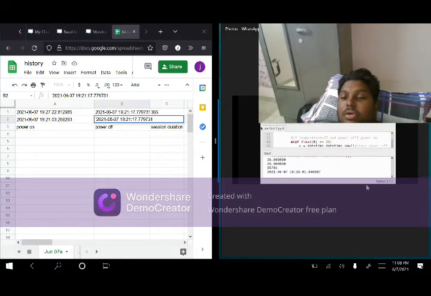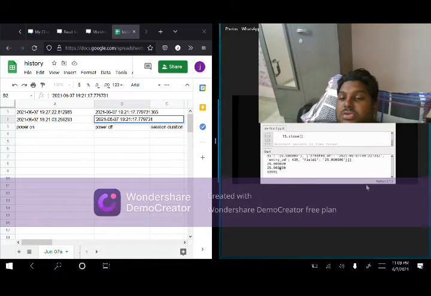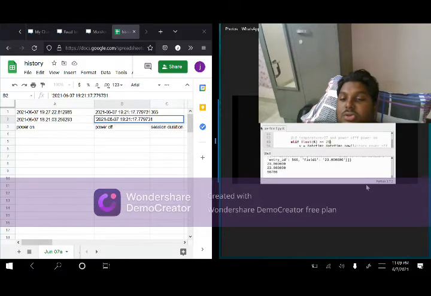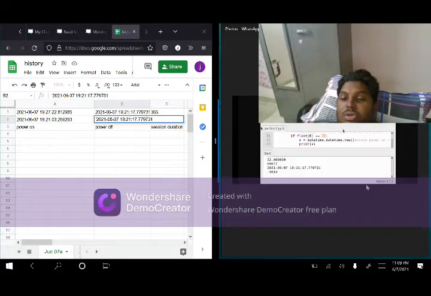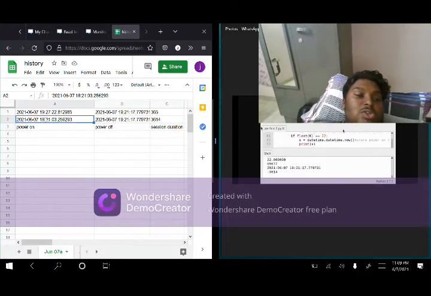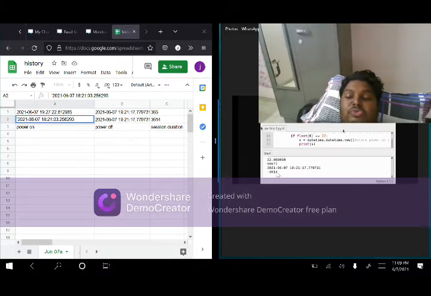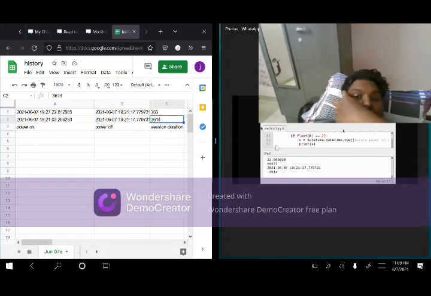Same way, 26, 7, 14, 15, 25. Same way the power is on at 18:21. So the difference of both is calculated and sent to the Google Sheets.